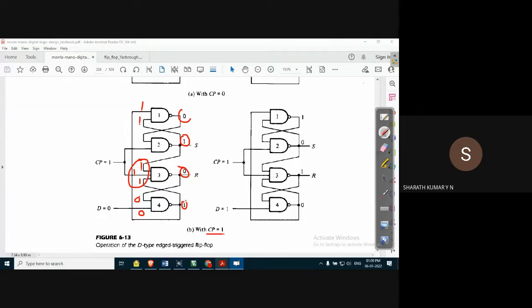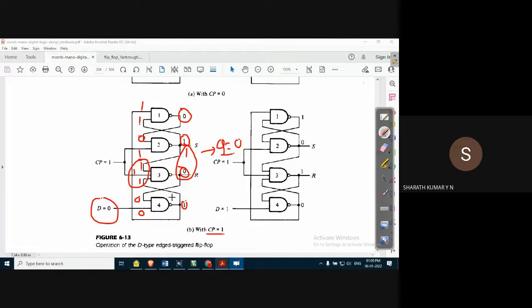Output of the first NAND gate is 0. 0 is applied as the input for the second NAND gate. Clock pulse is 1. Output of the second NAND gate, the S point, is 1. When inputs are 1 and 0, what is the output, guys? What is Q? Q should be equal to 0. And that means D is 0. Q will also give output as 0.